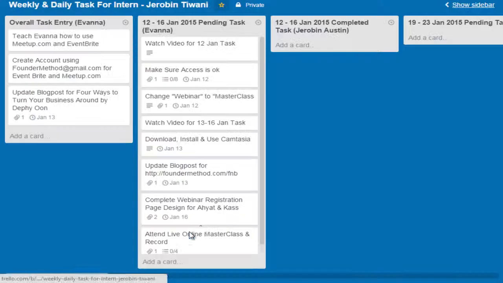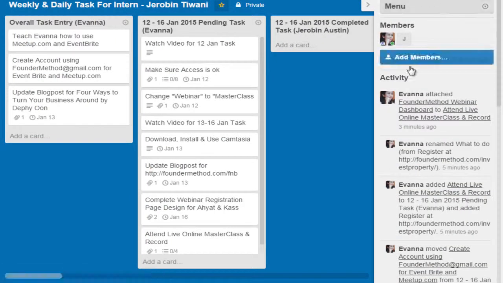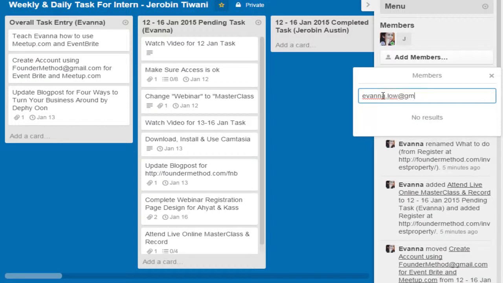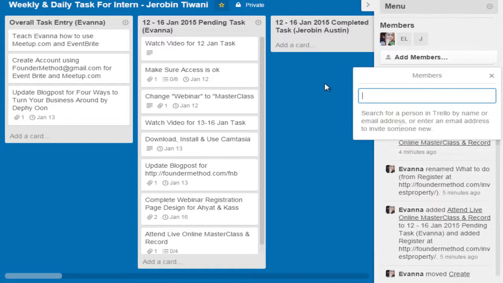So what I do is I go to, can you see here, show sidebar. You can add member. So for me, I add one outsourcer. For example, you can add Ivana at gmail.com, which is not a member yet. So I can select. So you see, I add this member.